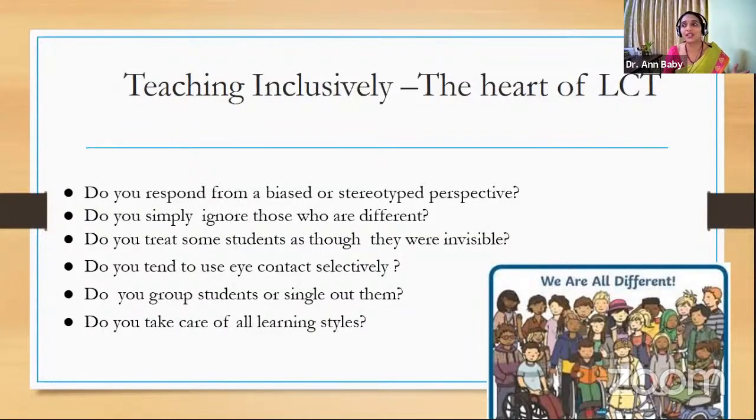Imagine, one day a student asks me a question and I'm unhappy about it. From the next class onwards, I will imagine that that student is not there in the class. I imagine him to be invisible. I have a group of students who tell me all the answers, who listen attentively to my class, who always look at me, and take down everything I write and tell in the class, all the lecture notes. I will be focusing on them, isn't it? We unknowingly do all these, and there is a majority of students who are left out.